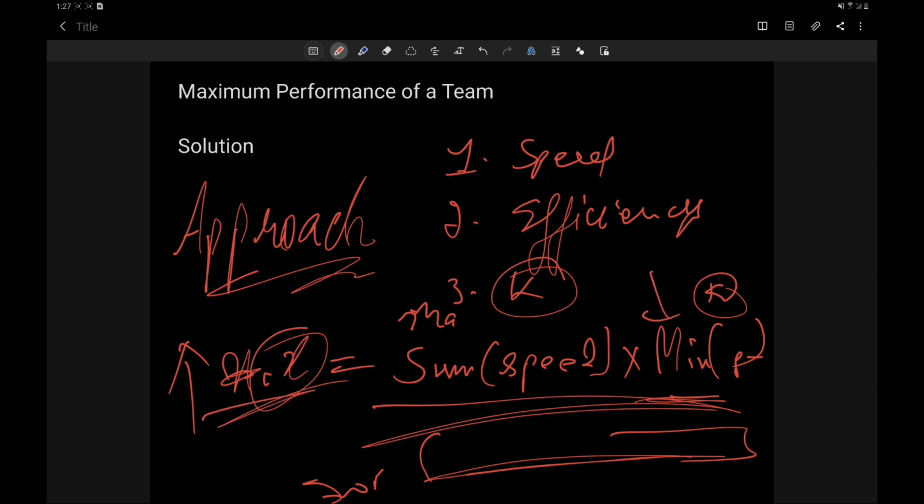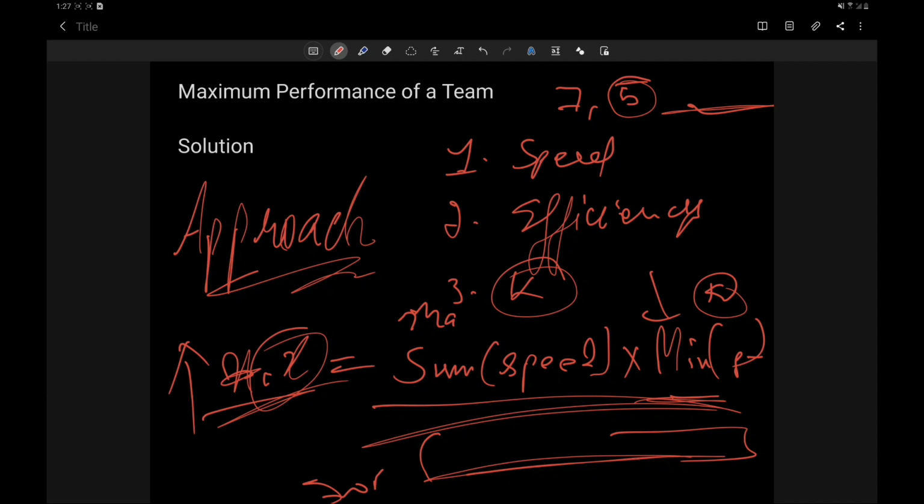All right, so we will sort them in decreasing order. Why decreasing order? Because if we have selected one with the maximum, then the next engineer selected would have the minimum value, which is the maximum among the rest. So that's the approach. Why are we sorting on efficiency and in decreasing order?